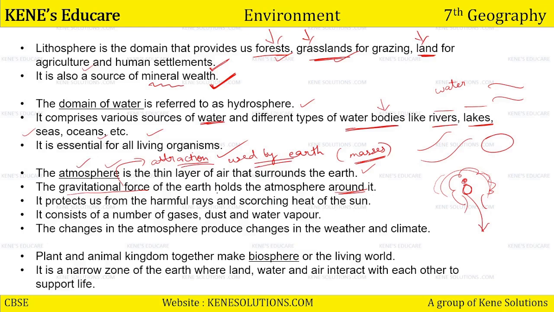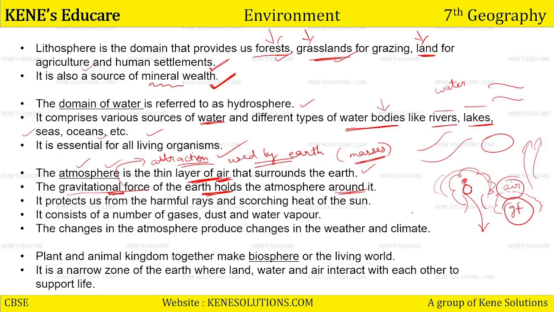And gravitational force of the earth holds the atmosphere. This air is not flying off into the universe because of gravity, because of the gravitational force; this layer of earth is holding this layer of air. Okay, this is earth and this is this very thin layer of air, and this air is not able to go anywhere because earth has gravitational force and the gravitational force is holding